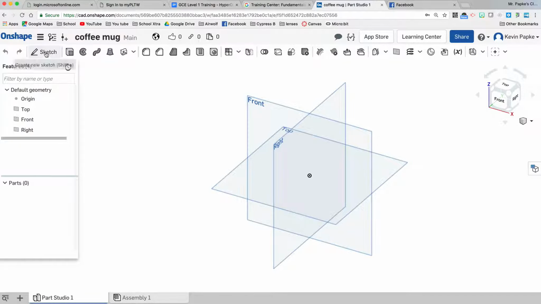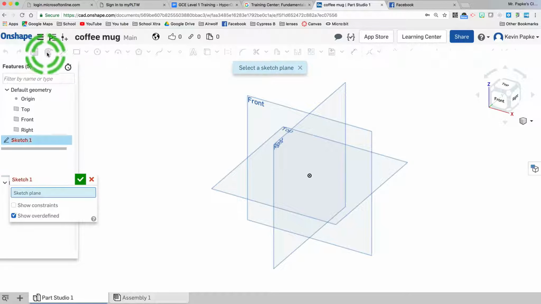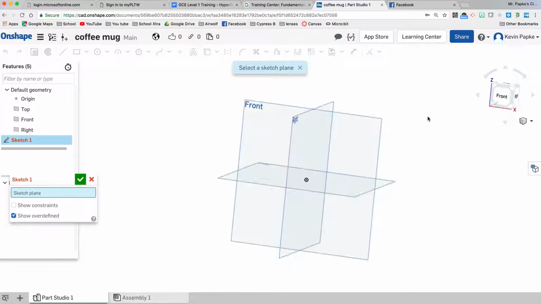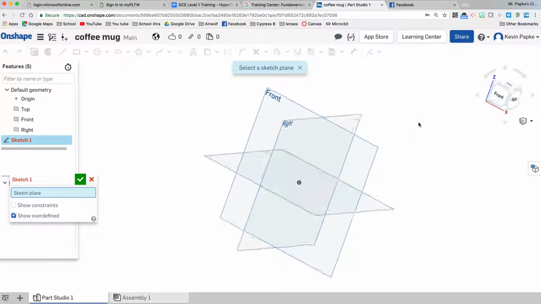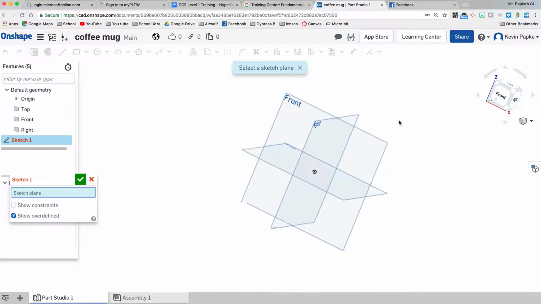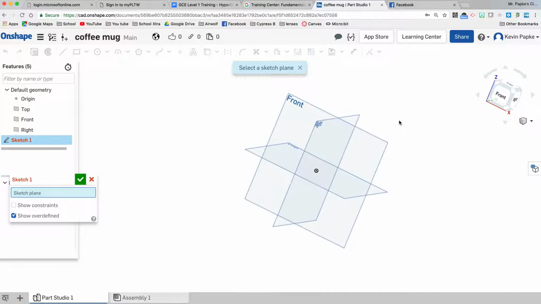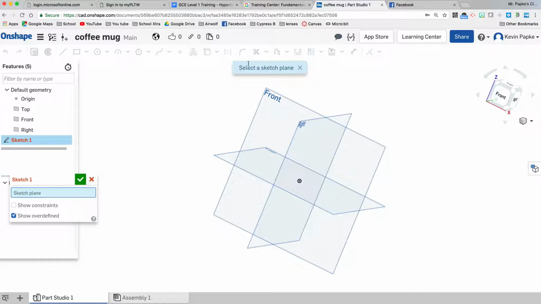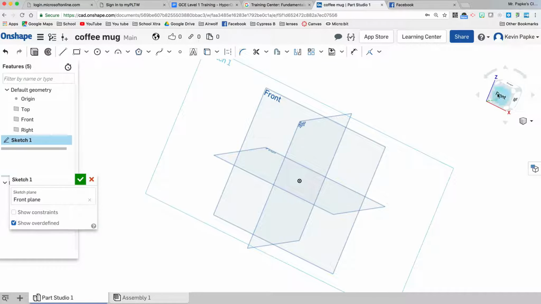We're going to start our sketch on the front plane. Okay, remember, right click allows you to move things around, zooming in and out. If you use your scroll wheel, we'll do that. Now, right now it's telling me to select a plane. I want the front one. I can click front here,